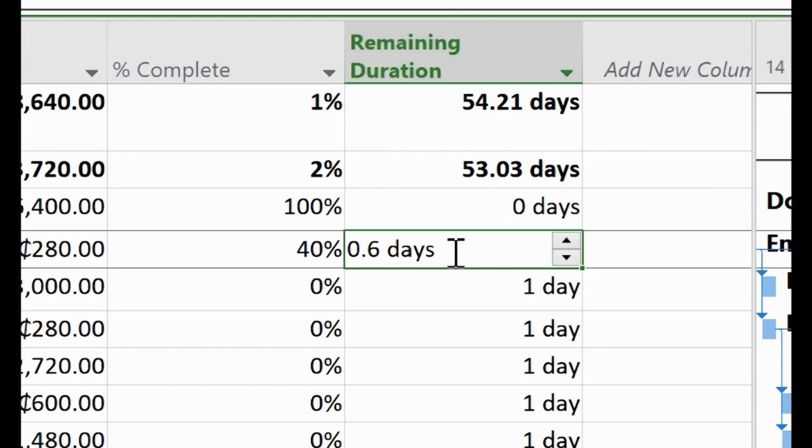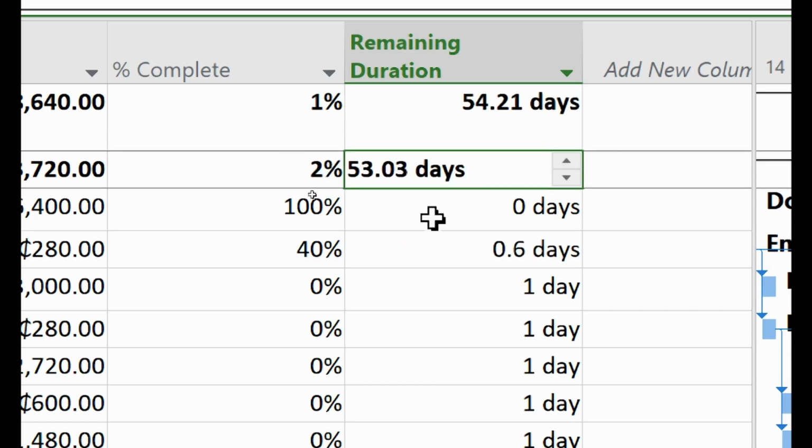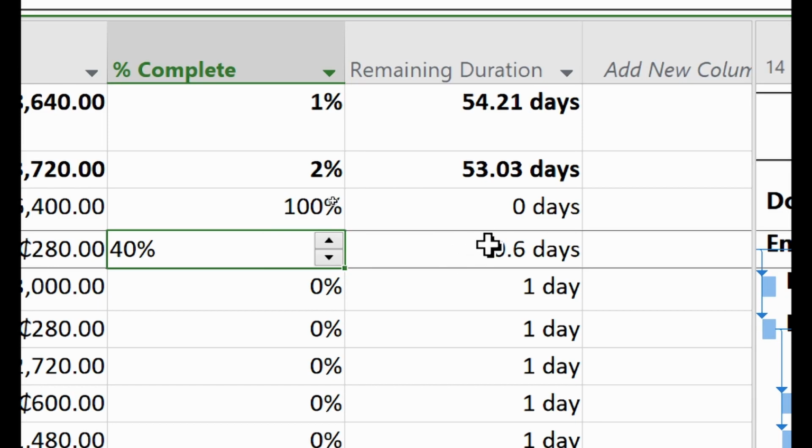So when you add remaining duration, here you will know based on the percentage complete, we will know that we have this number of days left. So these are all columns you can add, and it all gives you good information as you move on with the project. All right, then